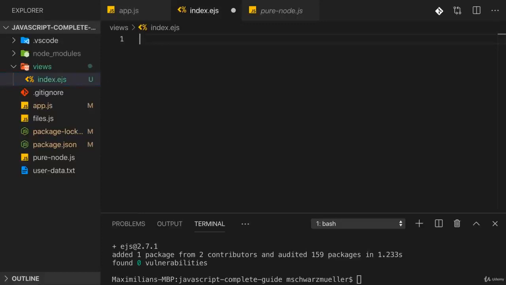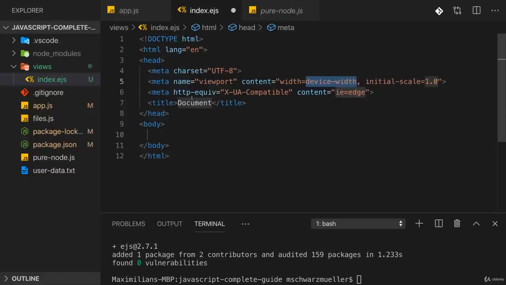Now in there, you generally just write HTML code, as you're used to it. But you can add a special syntax, which the EJS package understands, to inject dynamic content. So let's generate a HTML file in here, and in VS Code, you can just type HTML, and pick this HTML5 option and hit enter, and it gives you a basic skeleton. Now here I'll just use Node.js demo as a title, and then here in the body, we can output the content we want to show, and it could be a h1 tag where I say hello,